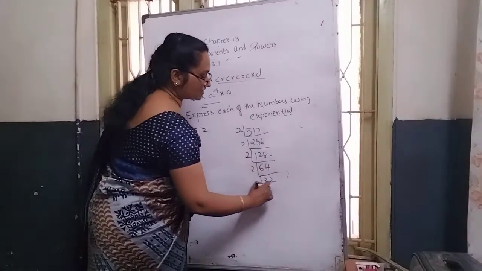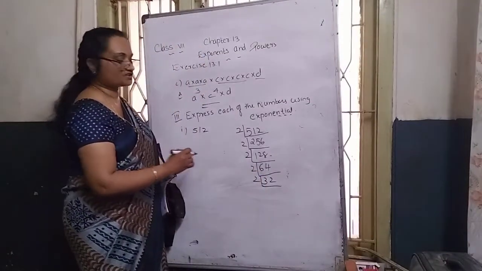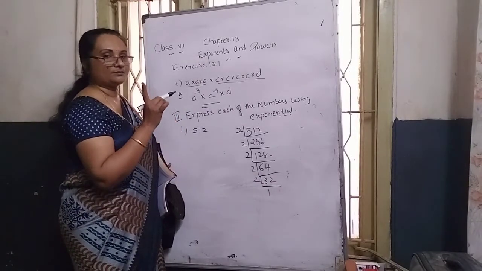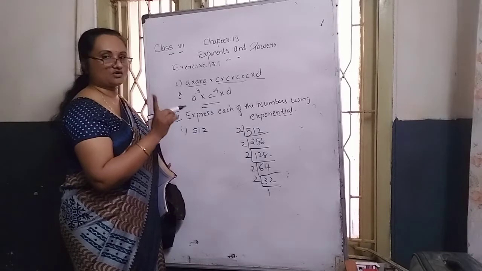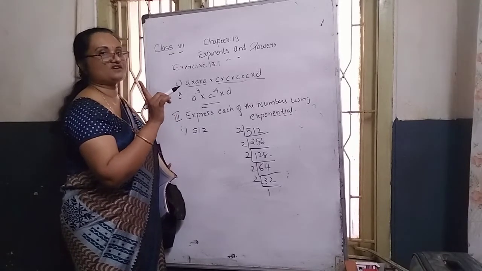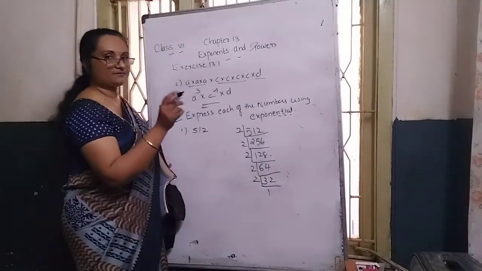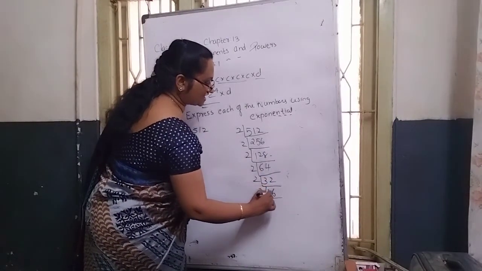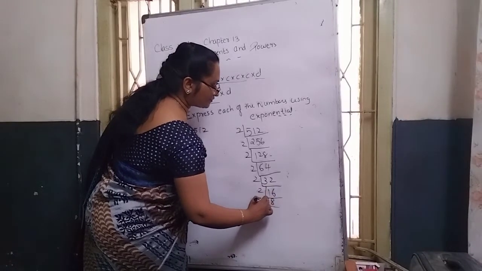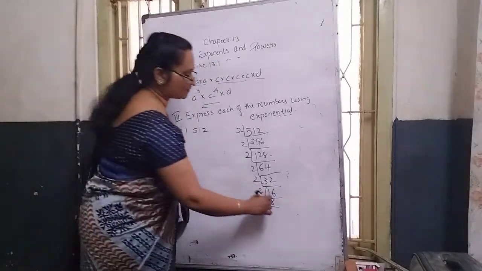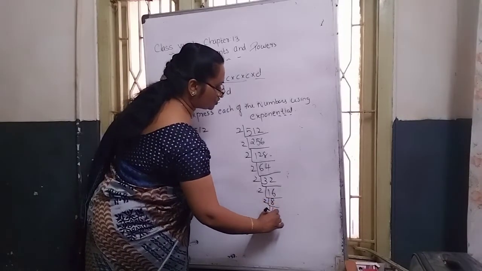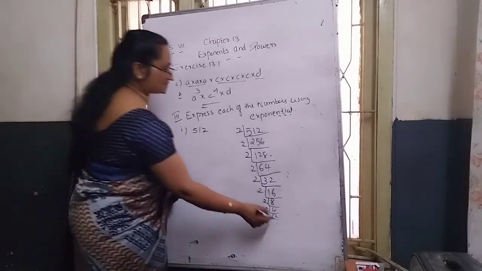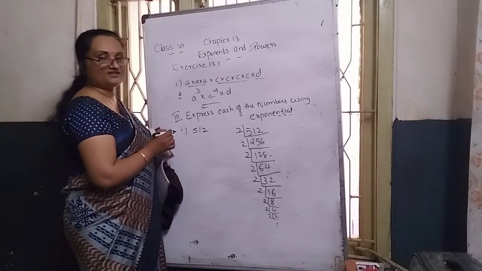Again the unit place is 2, and we divide it by 2. 2 into 1 is 2, subtract, remainder 1, and bringing the second number together, 12, 2 sixes are 12, 16. Again 16 is an even number, 2 eights are 16. Again 8, 2 fours are 8. Again divided by 2, again divided by 2. So the answer becomes 1. Finally we reach the answer 1.